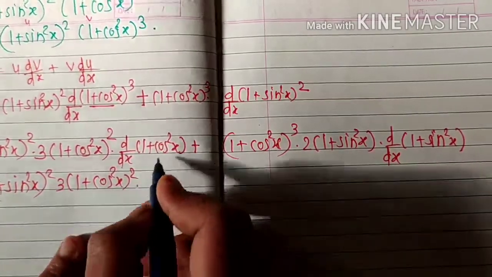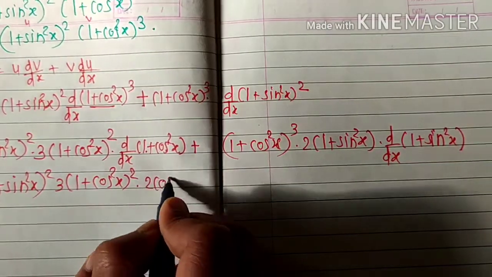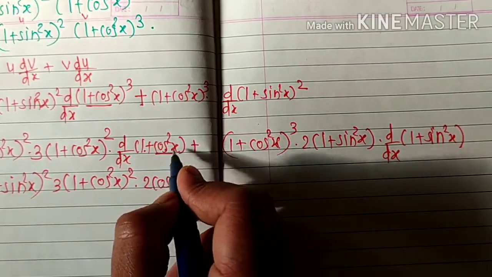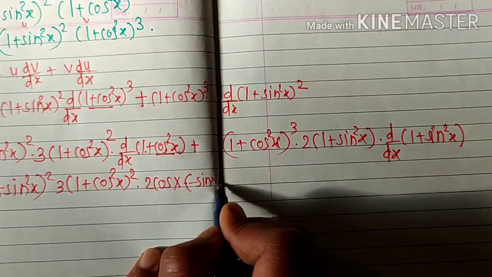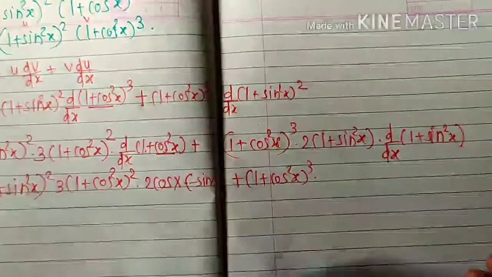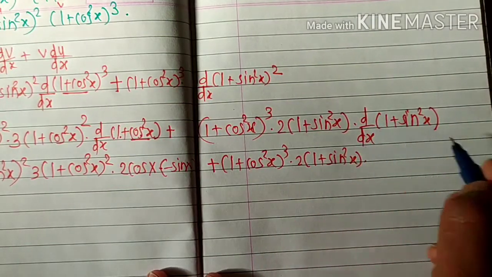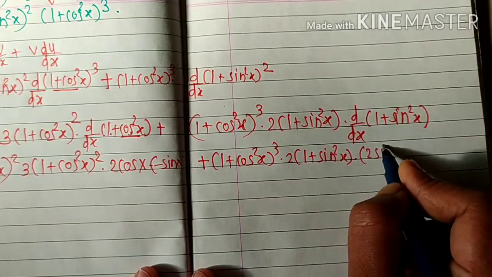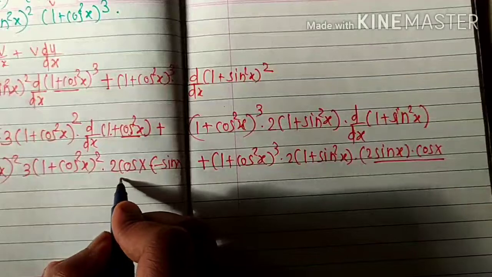Okay, then this has (1 plus sin square x) to this 3 into (1 plus cos square x) raised to 2, and this derivative is cos square x; again x raised to 1 derivative is 0, cos square x is 2 into cos x into the derivative of cos x. Here x raised to n form: 2 into x raised to n minus 1 into the derivative of the inside, that is the derivative of cos x, minus sin x. Plus here (1 plus cos square x) raised to power 3 is constant, here 2 into (1 plus sin square x), on which this dx is operated only on the derivative of this; here the derivative of 1 is 0, the derivative of sin square x is 2 sin x into the derivative of sin x, which is again cos x, then here 2 sin x cos x.